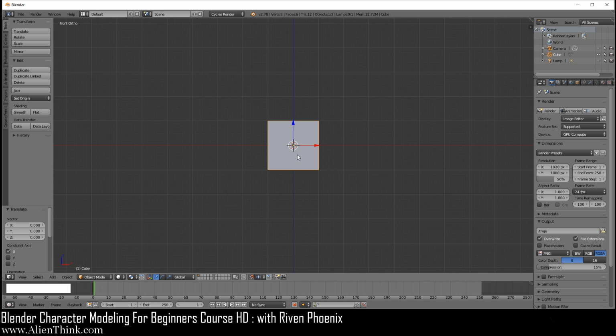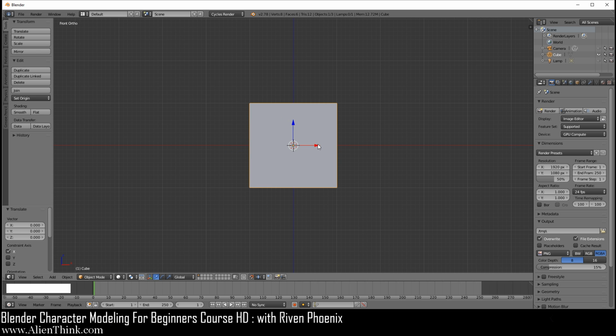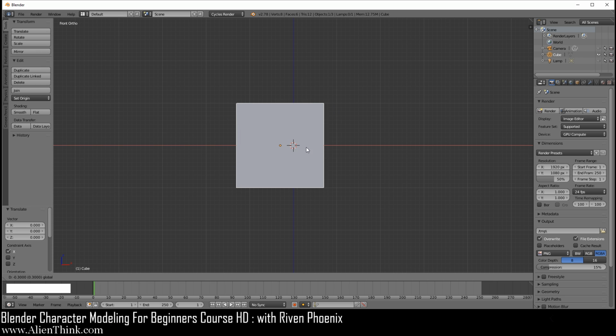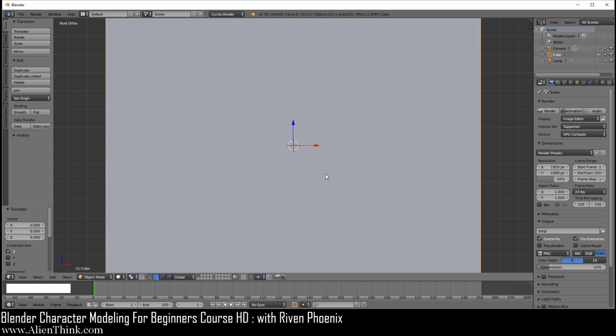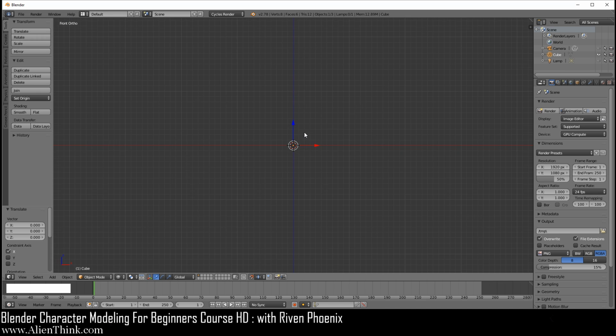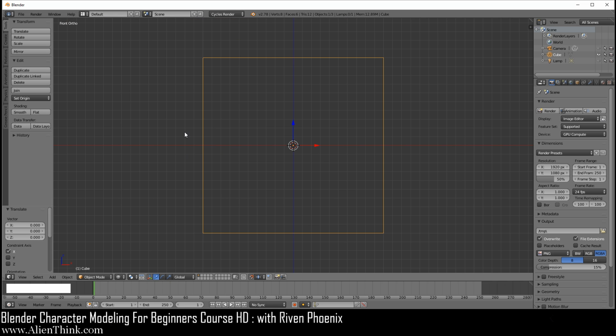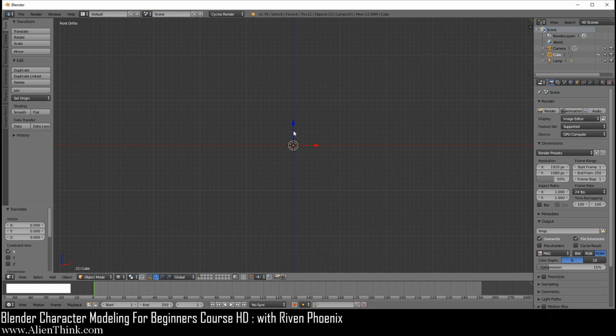Okay. Now if I zoom in a bit more, you can see that I get smaller grid units over here. So if I now move this, you can see that it's snapping to these grid locations. This means that if I zoom in a little bit more, now you're not going to be able to see this. You actually have to go under the wireframe mode. If I zoom in, you can see that it opens up more grid units, and I believe this is the max that it goes. So this is really powerful because this means that we can use the snapping to our advantage and zoom in and do micro snaps to move things around.